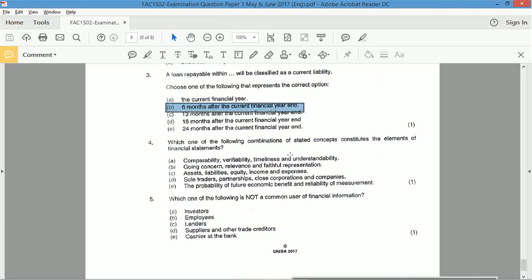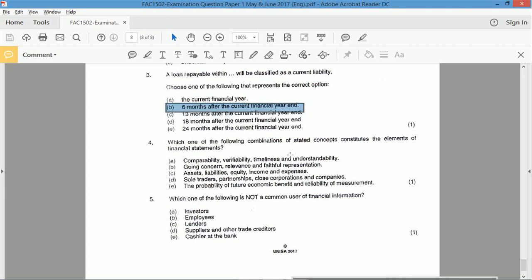And if we look at the elements specifically, these are elements of the financial statements. They need to be prepared in line with the rules: assets, liabilities, income, expenses, capital, and drawings. And we need to have the different qualitative characteristics, which are given here on this page. Before this, there's the underlying objective, there's the users, financial performance, changes in equity. They want to know what the disclosure is, so that would be here.